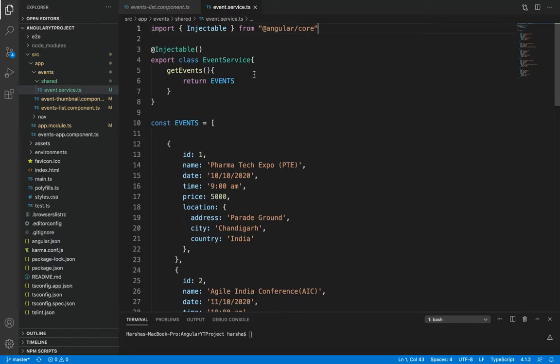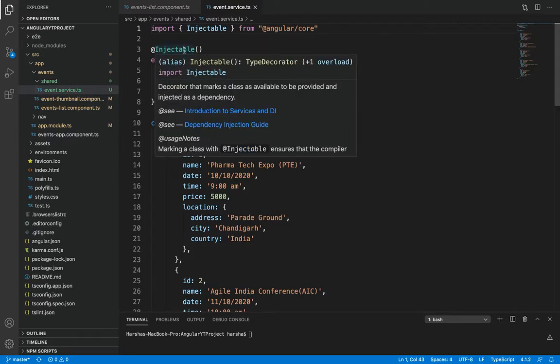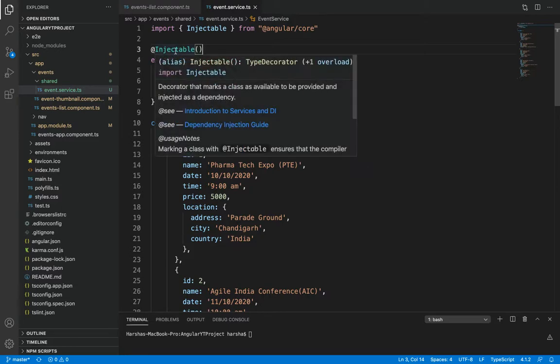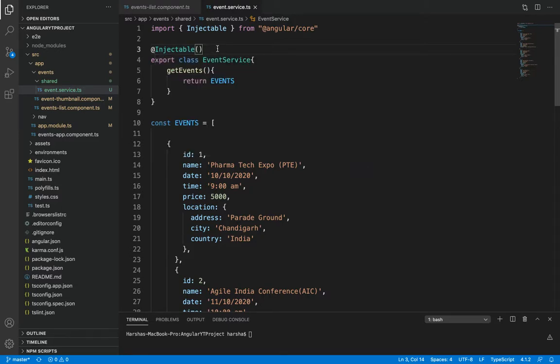We have marked this event service with the @Injectable decorator. If you observe over here, it clearly says the decorator marks a class as available to be provided and injected as a dependency. So it means that wherever I want to inject this service in another component, we have to make use of the @Injectable decorator for this service.